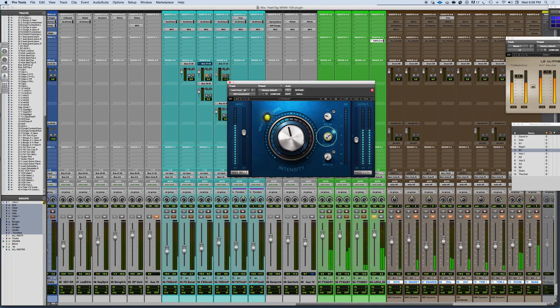So that's a pretty tight doubler effect, something that would be more akin to a static chorus effect. It's not really modulating so much, but you get a little bit of a spread from it, and this can add a nice shine or a sheen, especially to something along the lines of